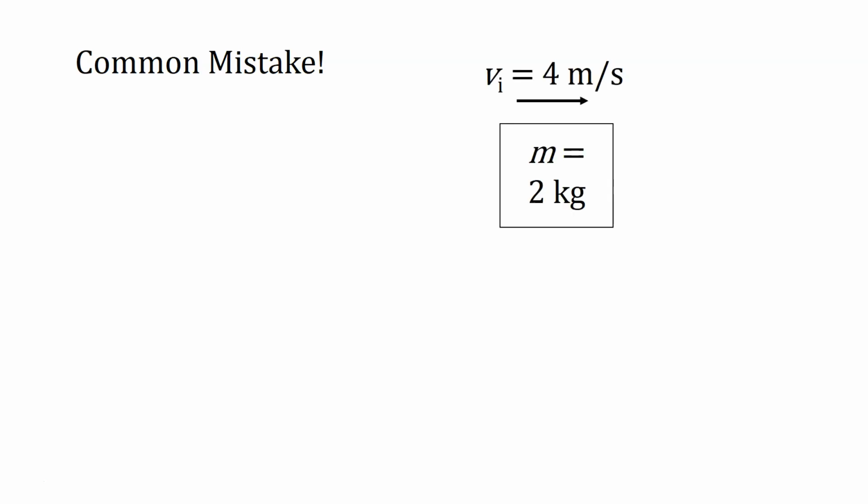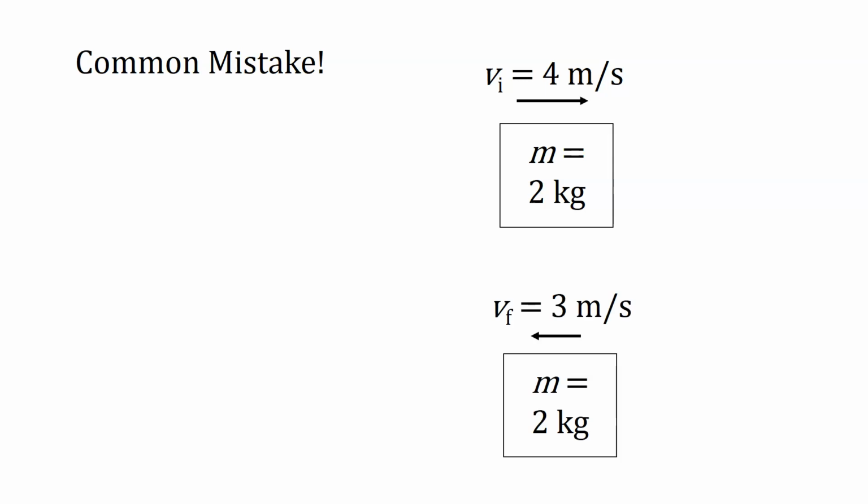Before you get to the homework, you should probably know about one really common mistake, and it comes from the idea here that it is a vector quantity. So if we had this initial situation, and then sometime later, this was the final situation, same mass traveling the other way, 3 meters per second. If you went ahead and did this, you need to be very careful when you expand this, and you can do this like this. You don't have to do mv and mv. You can apply the delta to the v because m is a constant. But if you